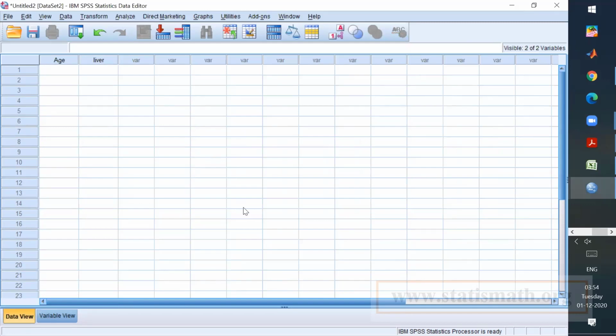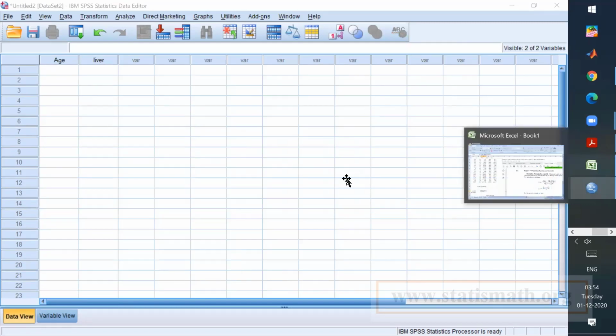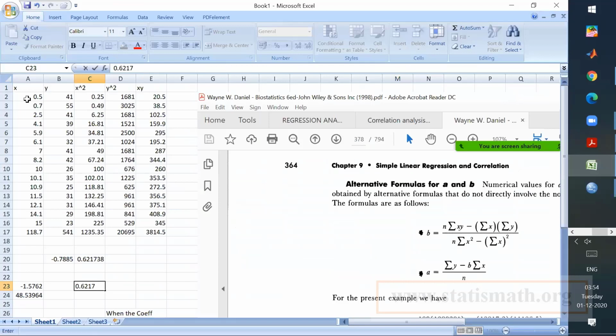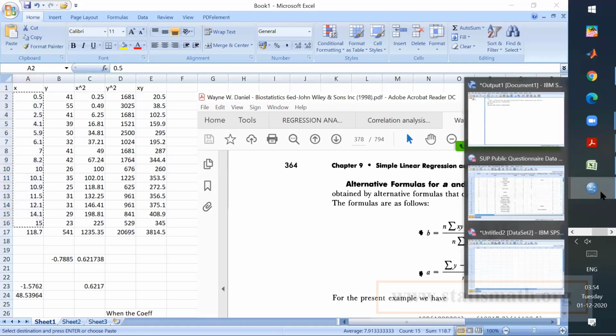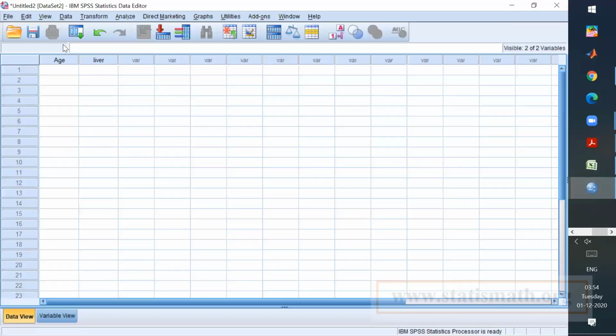Okay, so now you go to data view. You already entered the data in Excel, right? Just select it up to here. Press Control C and come here, then press Control V. So you get there, everything will come.